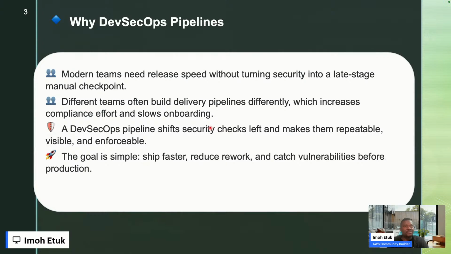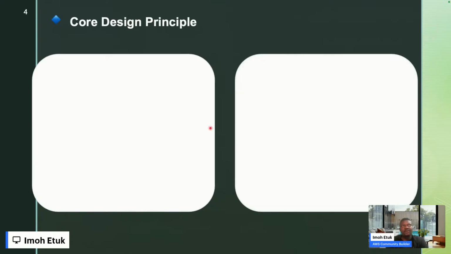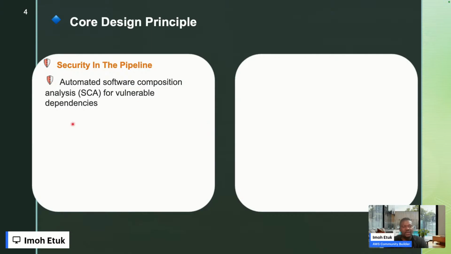So this actually reduced that. So the goal is simple: ship faster, reduce rework, and catch vulnerabilities before production. So that is what the goal is. Now, core design principle: we have security in the pipeline and security of the pipeline, which I'm going to speak about. So security in the pipeline in this case, SCA